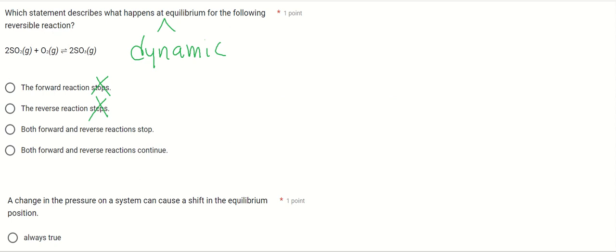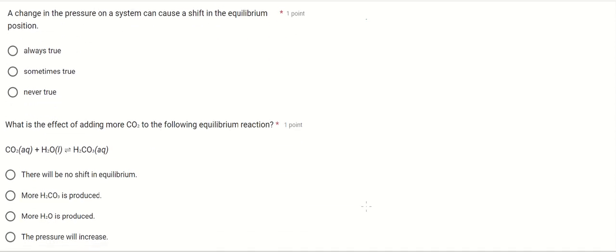All right, so, well, that's also false. Both forward and reverse reactions continue, but they continue at the same rate. That's known as dynamic equilibrium. All right, change in the pressure